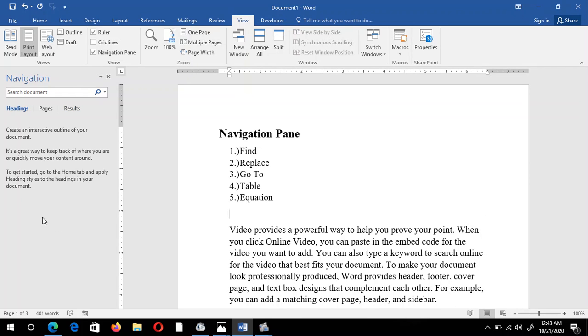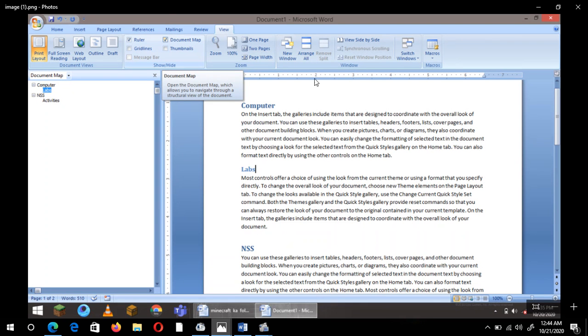Basically, in navigation, we create a document map. Remember, if you are working in Office 2007, you will not get this navigation option. In that version, you have to click on the View tab, and after that click on the Document Map option like this.